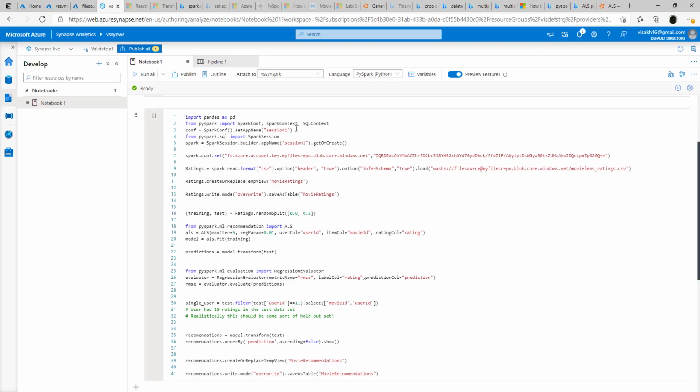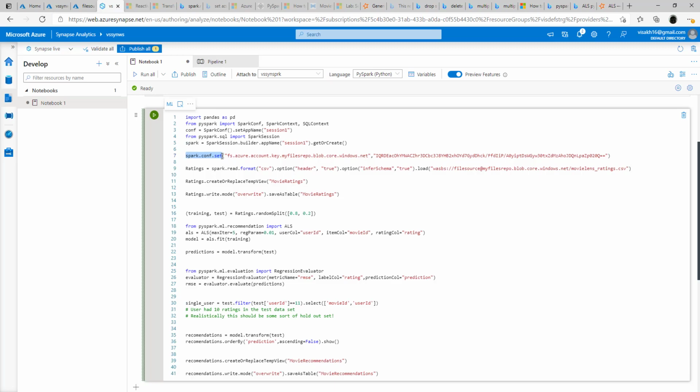The first part for this is to read the data from the file. For that, we'll be using spark.conf.set to set the credentials for reading the file from my Azure Blob instance. So if you see, the first part will be the blob URL, which will correspond to the name of my blob account and the standard URL, and then followed by the account key.